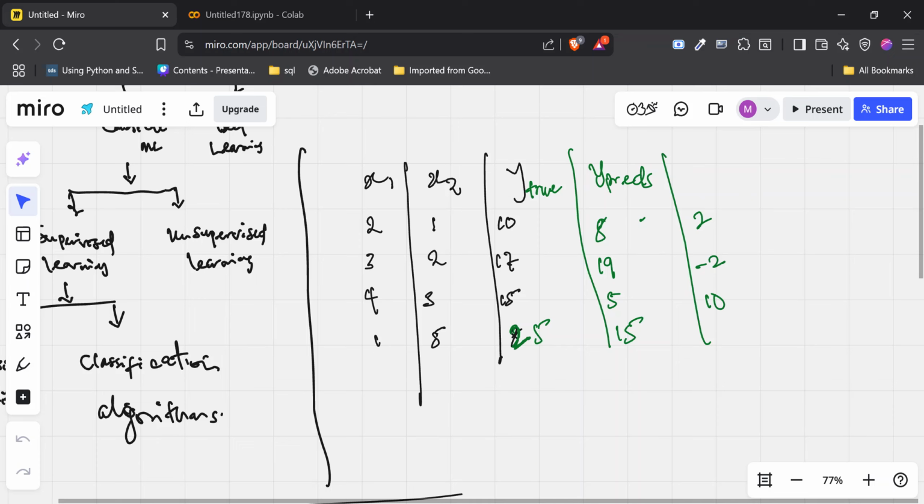25 minus 15. Okay, that is not what I was gunning for. What I'm gunning for is for this to be 15 and this should be 25. It should be 25. So 15 minus 25 is going to be minus 10.